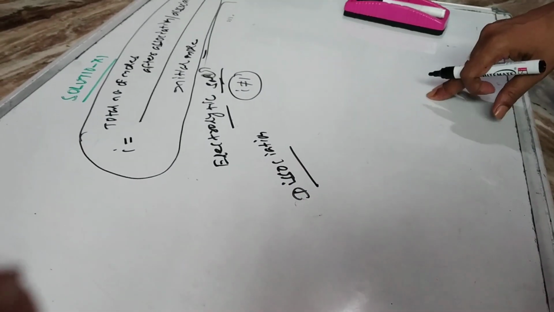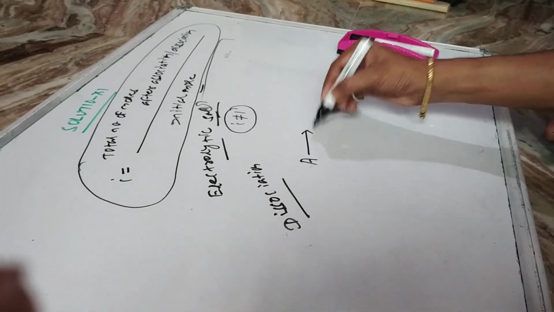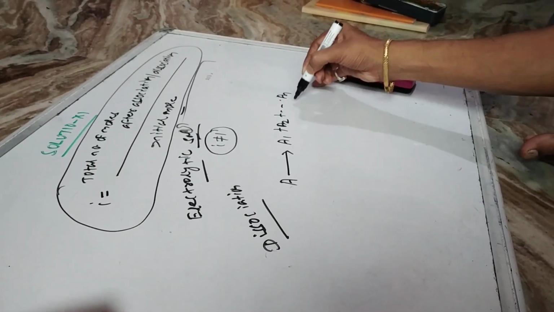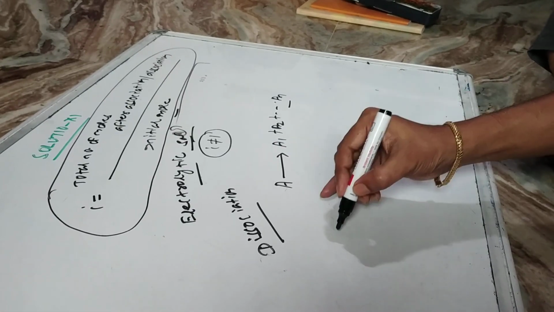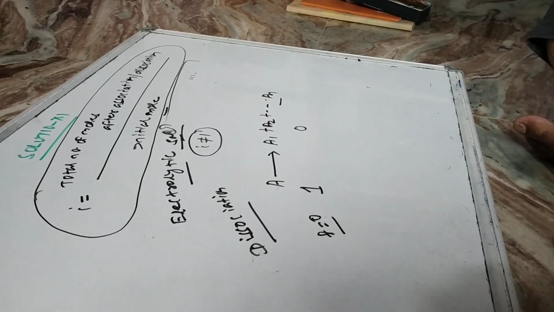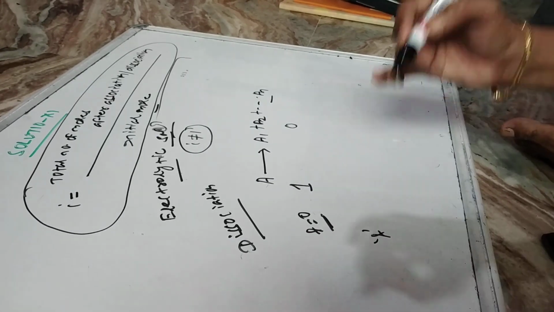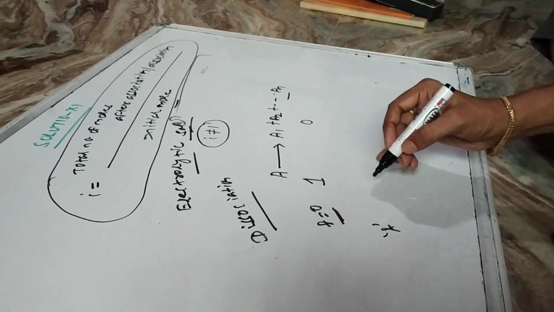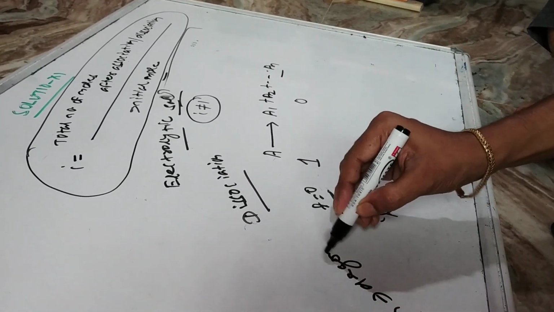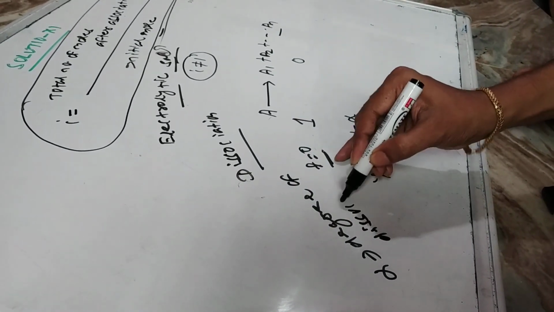So for the dissociation, let's say you are taking a solute A, which on dissociation inside the solvent gives A1, A2, A3, like that up to n moles of ions. So at time t equal to 0, if I take 1 mole, at that time there are no ions or no dissociation. After time t, let alpha mole dissociate. Then how many moles will be left? 1 minus alpha. So what is alpha? Alpha stands for degree of dissociation.